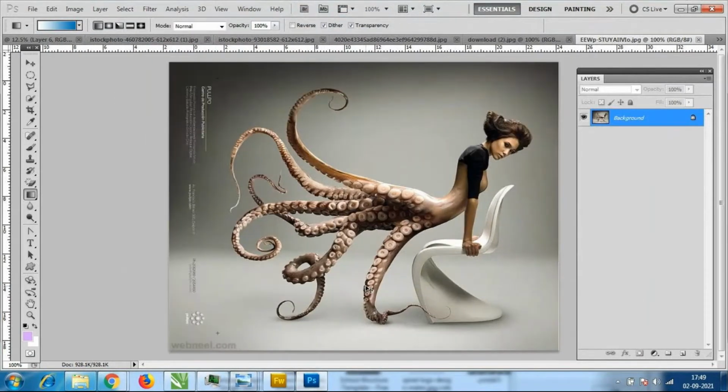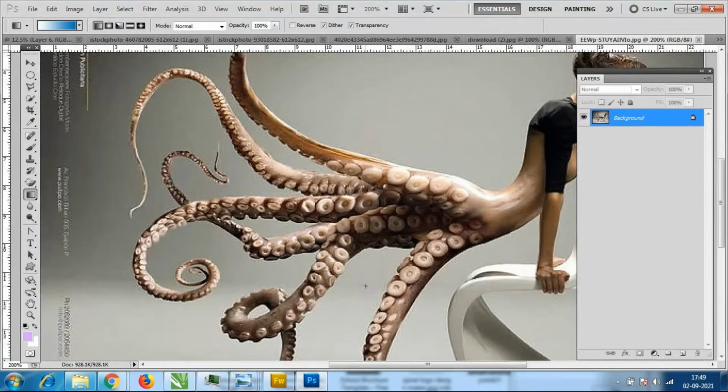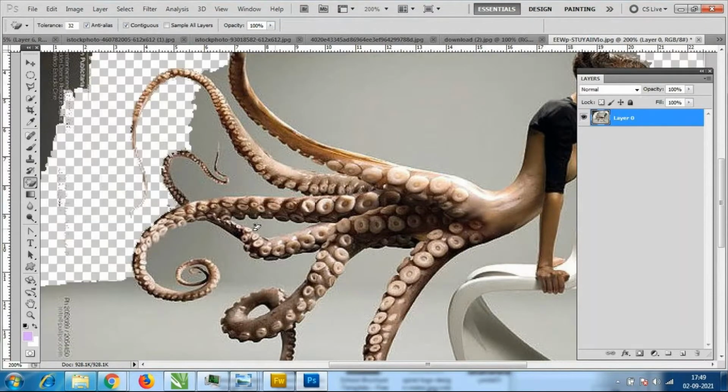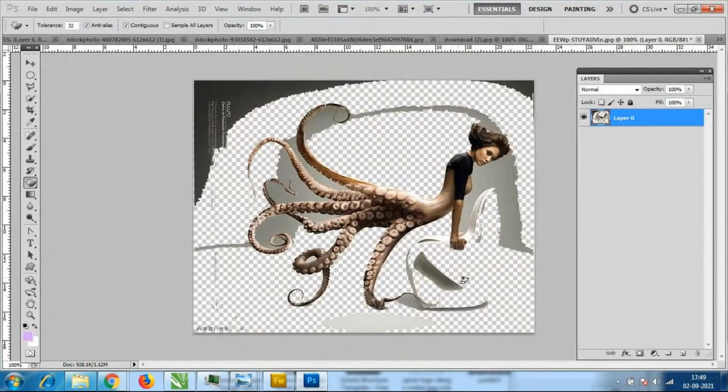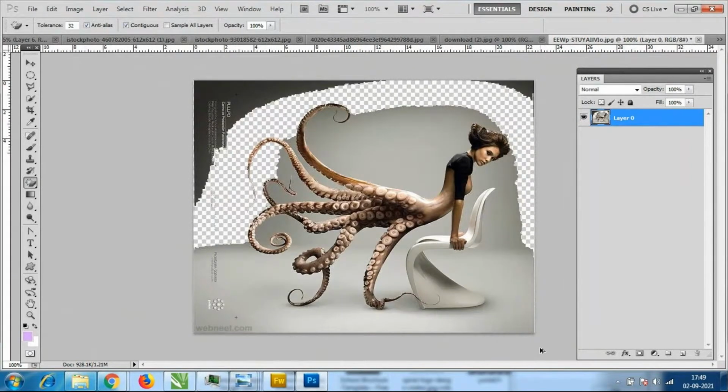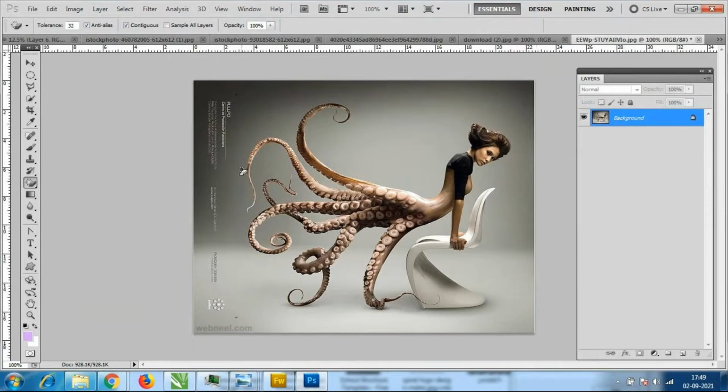If I use the magic eraser tool, it will not go. See, this is so important an option. See here, everything it is cutting. So polygonal tool, if you use it, then you don't get the curve shapes. See, wherever you have these curve shapes, those things you don't get. Okay, so it is difficult. Some of this kind of work you have to learn the pen tool.